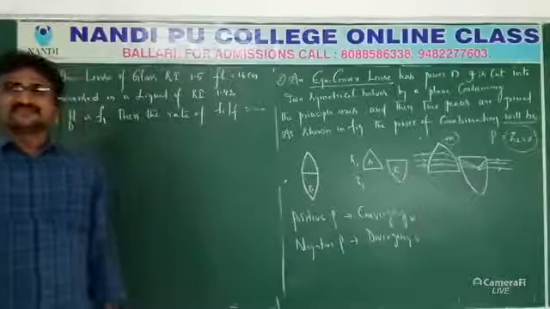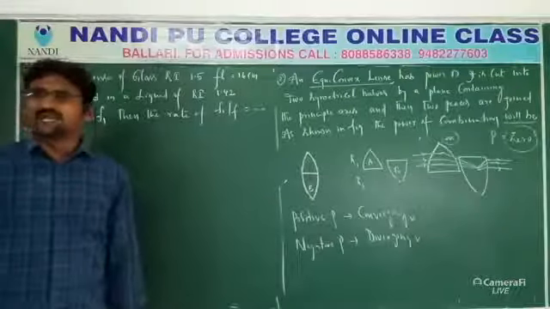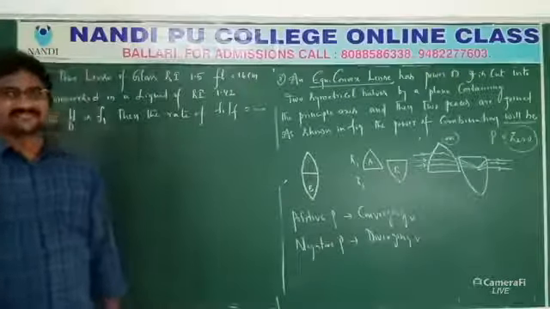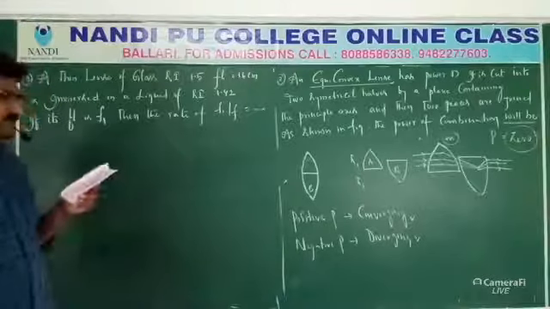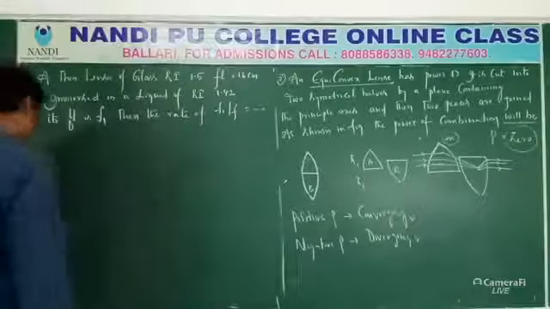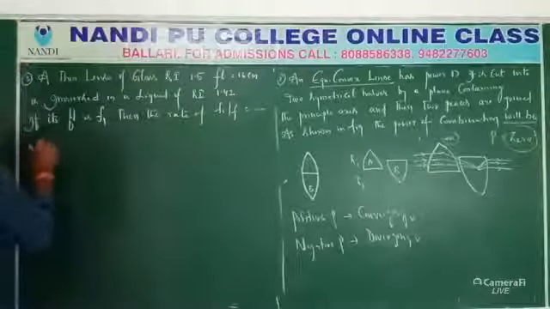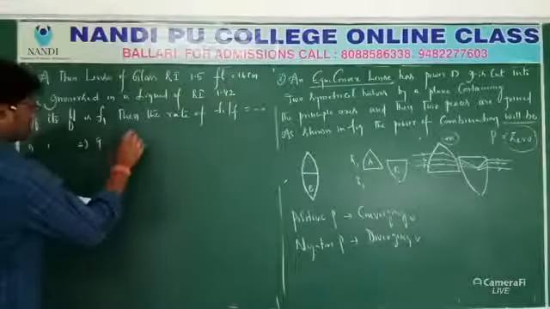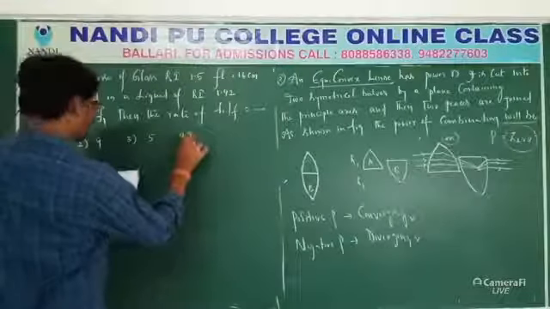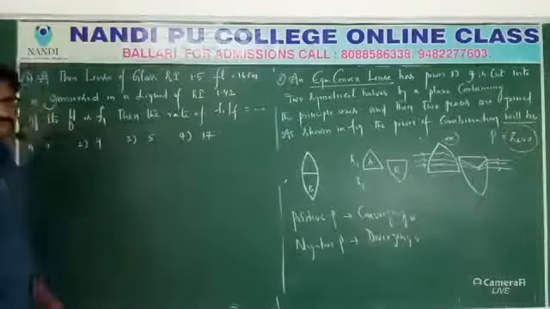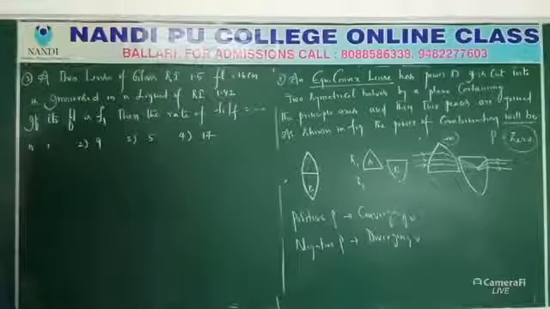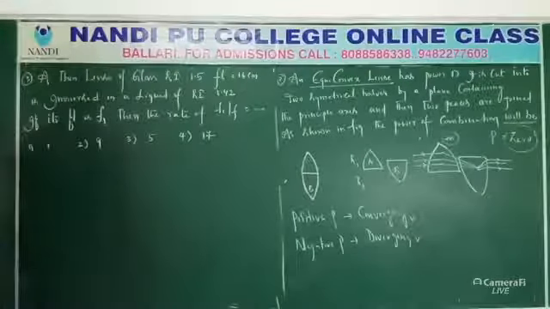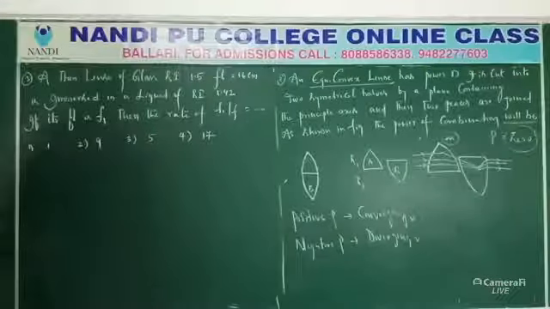As I said, in ray optics, in geometric optics, it is completely approximation only. It's not an exact science. So approximately, what they asked is f1 by f. They have given options: the first option is 1, second is 9, third is 5, fourth is 17. So what is the question? A thin lens of glass, refractive index 1.5, focal length 16 centimeter, is immersed in a liquid of refractive index 1.42. If its focal length is f1, then find the ratio f1 by f.